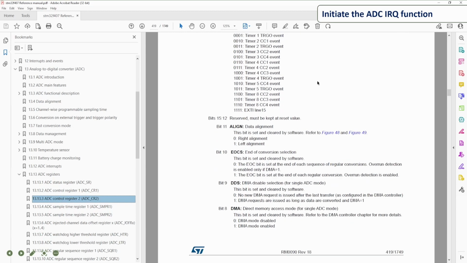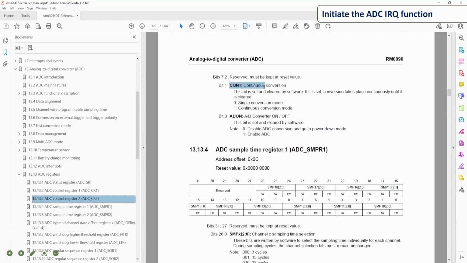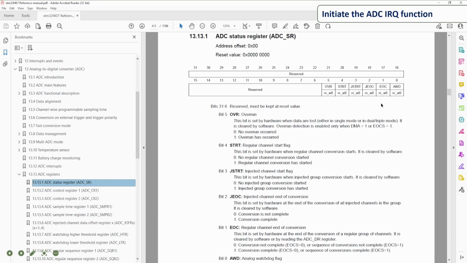What does it mean? When the analog to digital converter gets the data, there is a flag, EOC, end of conversion, that is set,